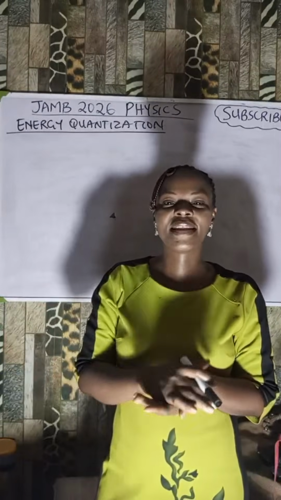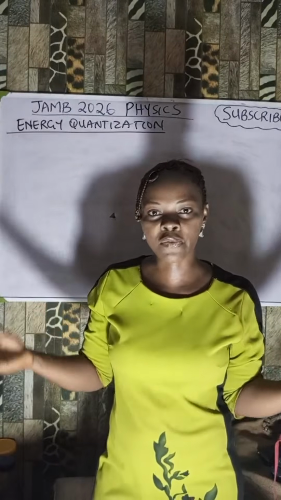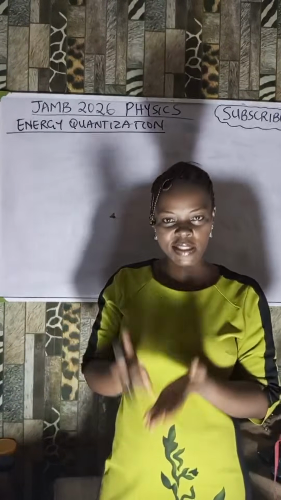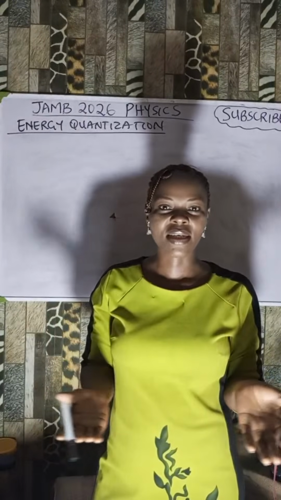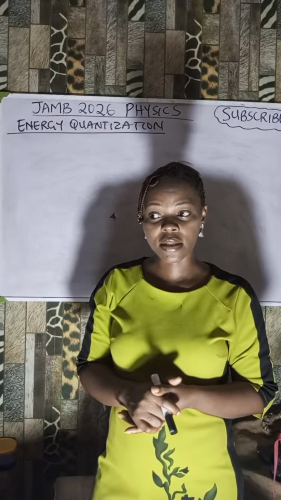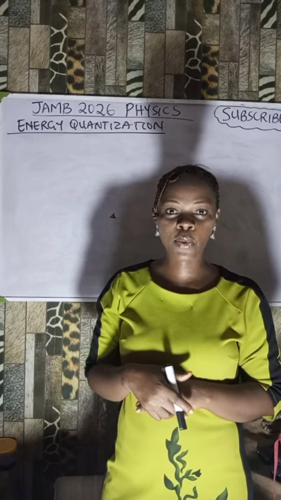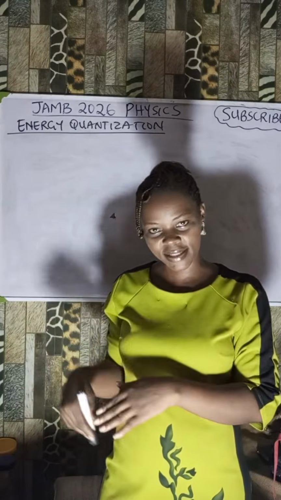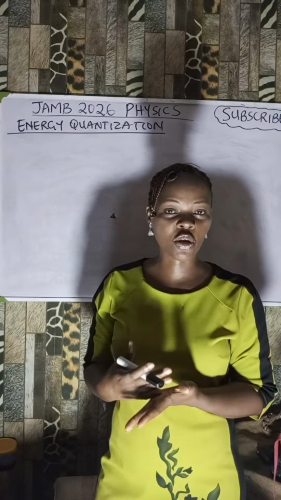And when they are heated, they tend to do what? They tend to vibrate and move from their original ground state to a higher energy level due to what? The excitation or the heating that they acquired. But because the excited state is not stable, after a while they're going to return back to their normal state. And as they return back to their normal state, they're going to emit an energy called what?